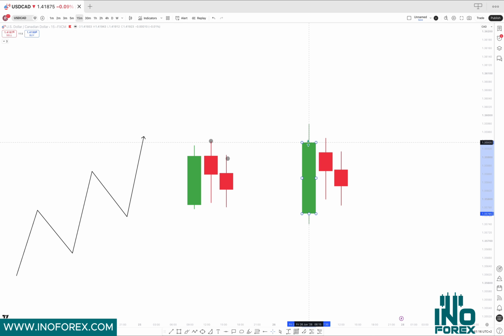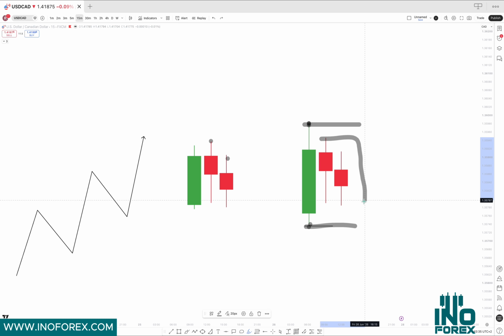Here we have a bullish candlestick. This is the high of the bullish candlestick and this is its low. As you see, this candlestick didn't take the low of the previous candlestick, and the high of this candlestick didn't take the high of the previous candlestick. So the main candlestick that needs to have its low broken to confirm the pullback is this candlestick, because the high and the low of this candlestick are covering all those candlesticks. Those candlesticks are between the high and the low of this candlestick. So this is an invalid pullback, because among those candlesticks there is none which has taken the low of